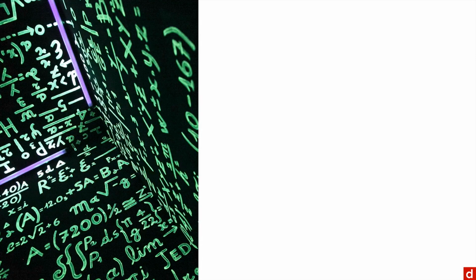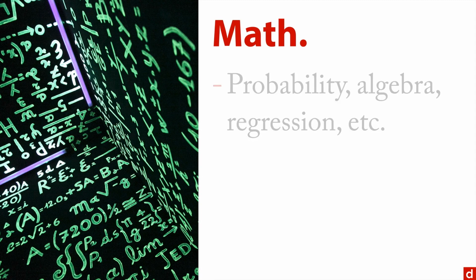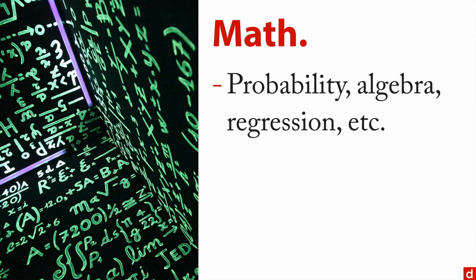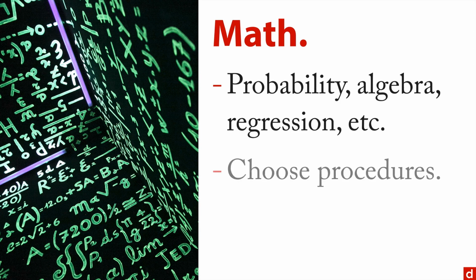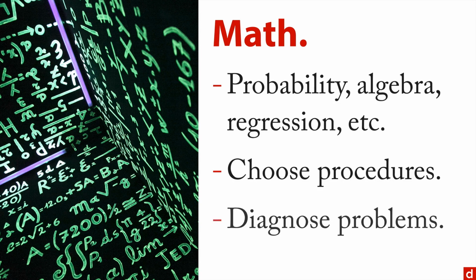Now let's say a few things about the math. You're going to need things like a little bit of probability, some algebra, of course, regression, very common statistical procedure. Those things are important. And the reason you need the math is because that's going to help you choose the appropriate procedures to answer the question with the data that you have. And probably even more importantly, it's going to help you diagnose problems when things don't go as expected. And given that you're trying to do new things with new data in new ways, you're probably going to come across problems. And so the ability to understand the mechanics of what's going on is going to give you a